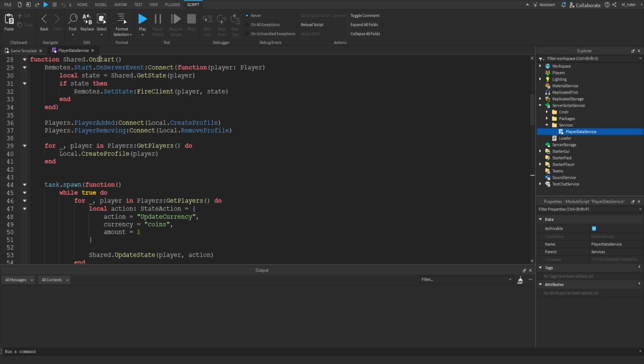Now, we actually have to manage the player's data on both the server side and the client side. The server side, of course, is where the player's data is loaded and saved. And then on the client side, we need to replicate the player's data that's all handled on the server side and send that down to the client side so that we have access to it for things like updating GUIs, to display how many coins a player has, or different things like that.